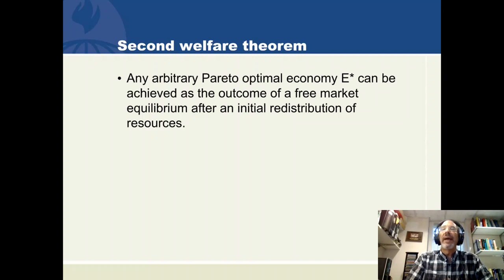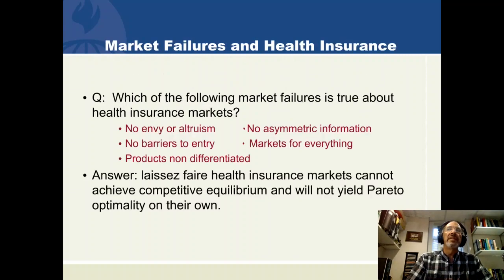So these are our background of welfare economics and the welfare theorems, and let's talk about the relevance to the health system, because one of the things we'll be talking about for much of the course is health insurance systems as well as health systems. And if we think about health insurance markets, they're suffering from market failures. Certainly we have envy and altruism that are market failures in the health insurance market. We often initiate health insurance because of altruism towards people who are sick and poor.